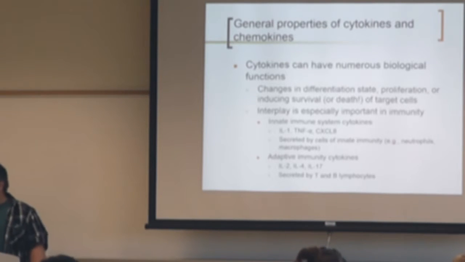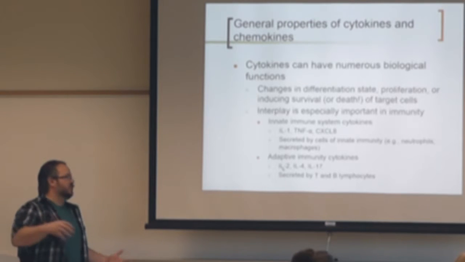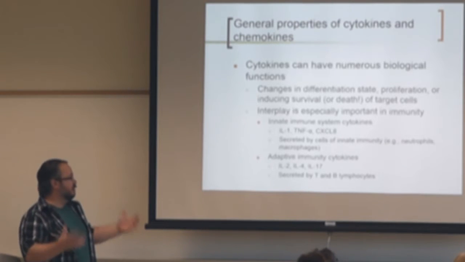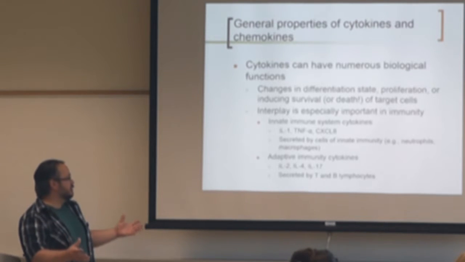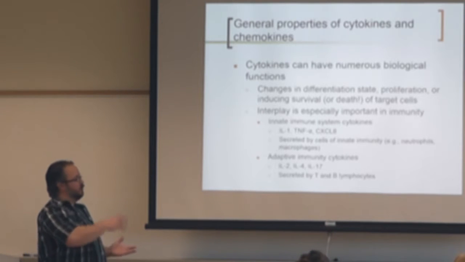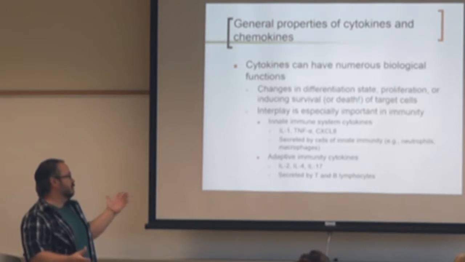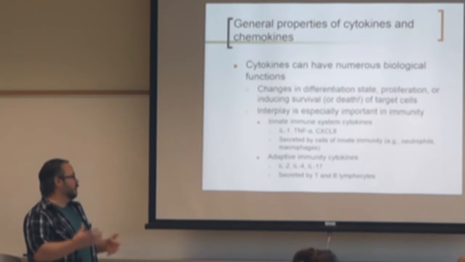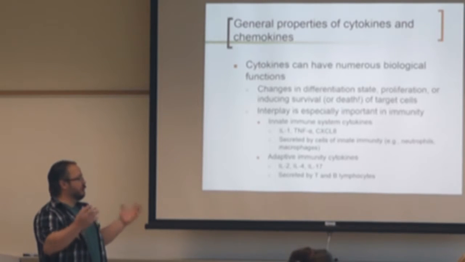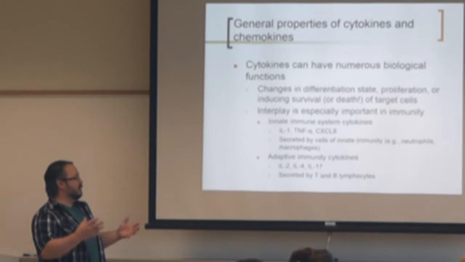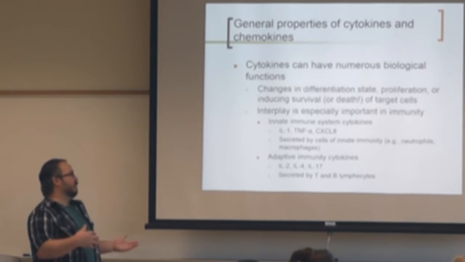So things like that. You've got your adaptive immune cytokines, IL-2, IL-4. IL-2 is well known for inducing helper cells, which will secrete IL-2 and become these Th1 cells that are inducing a cellular response, whereas IL-4 is going to induce more of a humoral response. And IL-17 is one of the newer ones we're starting to understand more and more about. It is more of an almost allergic or inflammatory responder. And in some cases that might be good, and in some cases it might be bad.